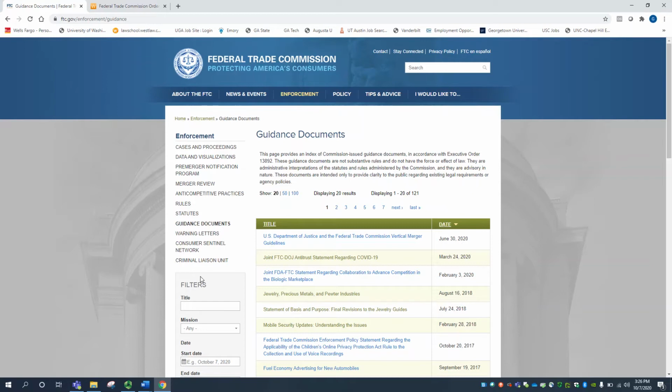Guidance has not gone through that rulemaking process that we discussed a few videos back. So it isn't mandatory authority in the same way that a regulation would be mandatory, but it is important because it gives you a sense of how the agency will enforce and interpret its statutes and regulations and how it plans to regulate different issues that are under its mandate.